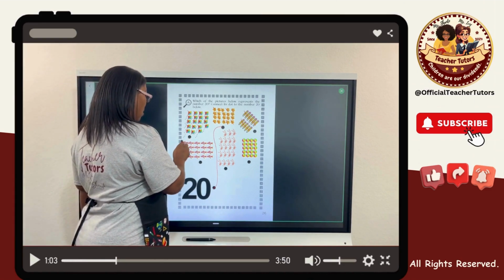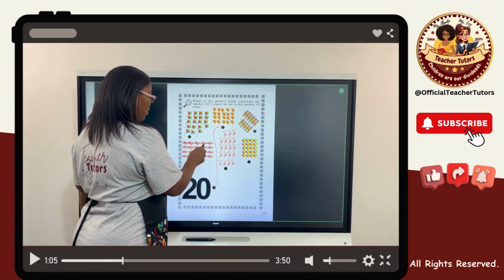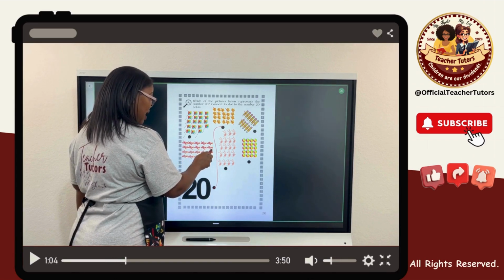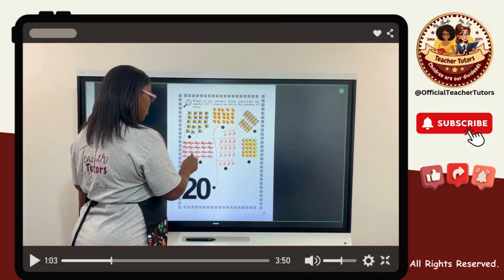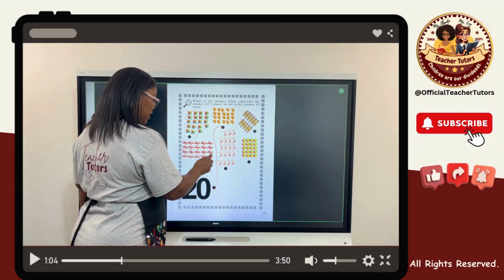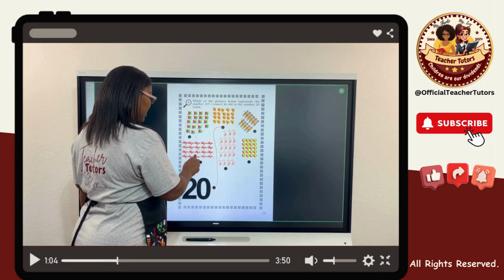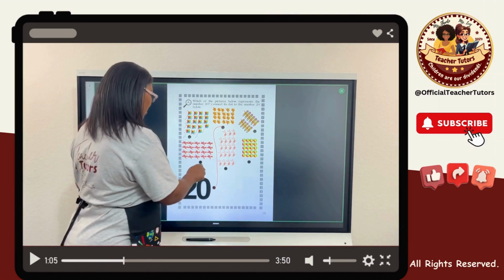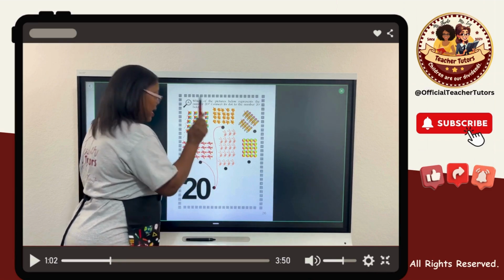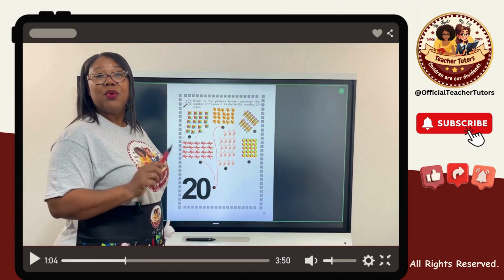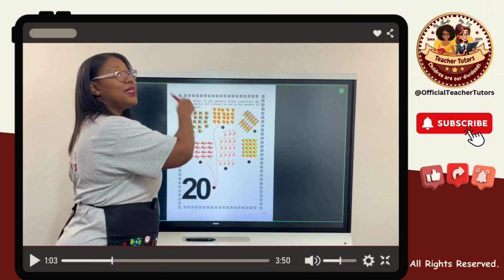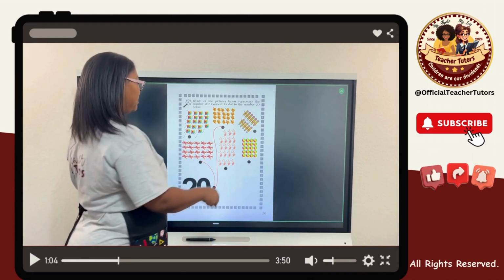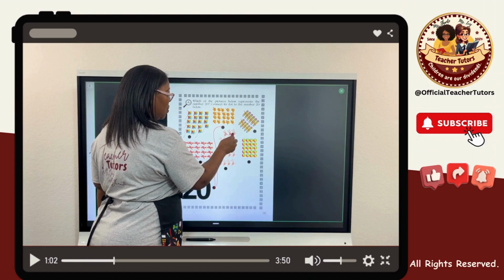Let's go. 1, 2, 3, 4, 5, 6, 7, 8, 9, 10, 11, 12, 13, 14, 15, 16, 17, 18, 19, 20. What do we do? We draw our line down here to the 20. We have 20 airplanes. All right, let's count these bunny rabbits. Count with me. 1, 2, 3,